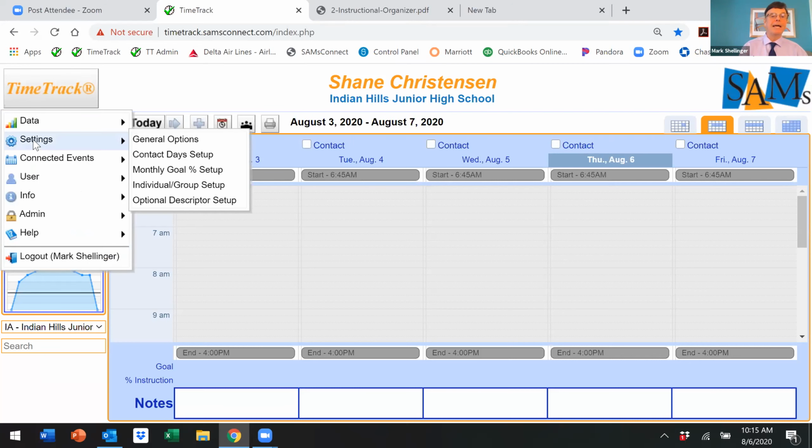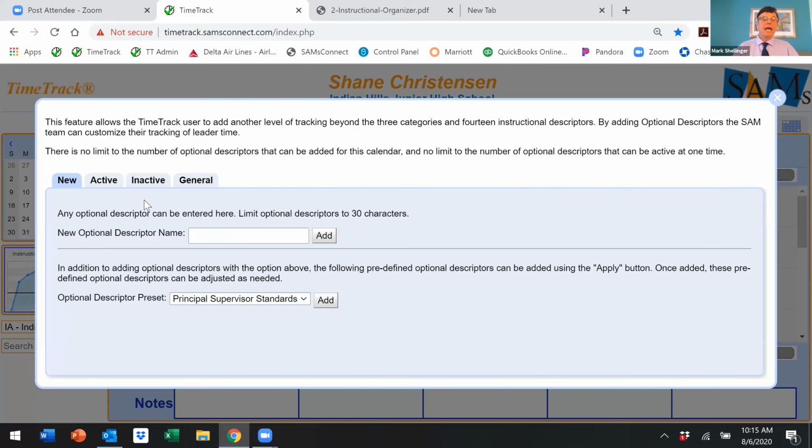Next thing I wanted to mention to you are optional descriptors. Many of you, when you are looking at a hybrid environment or a completely remote environment, have probably already figured out that your descriptors don't change. Your descriptors stay the same. There isn't a descriptor I can't do in a remote environment, but I may wish to track some of the